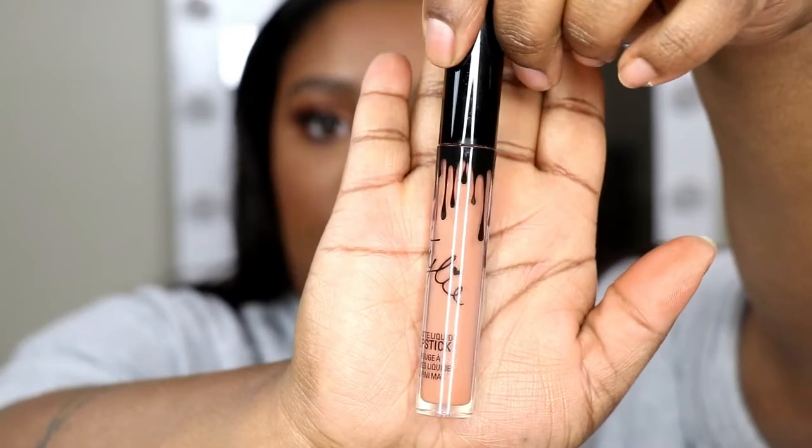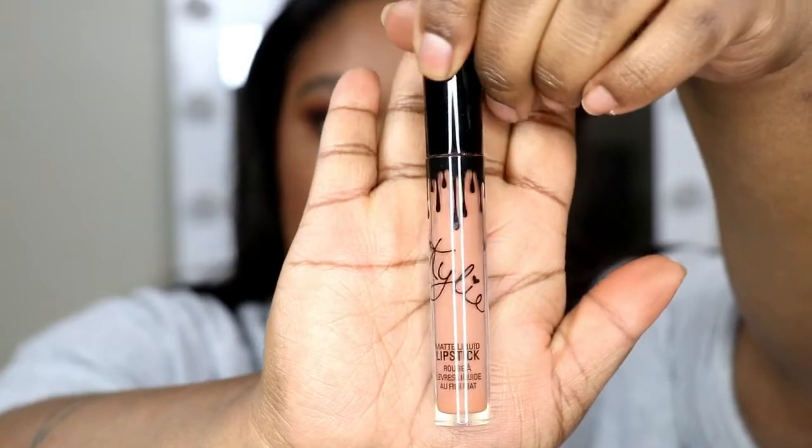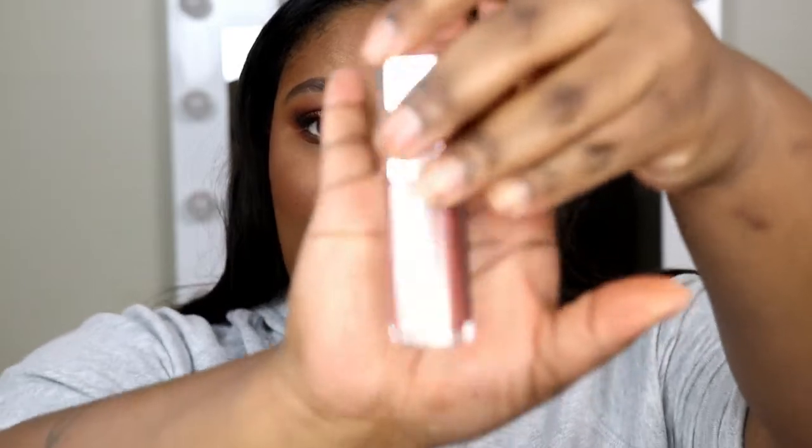For lipstick, we're going in with the Kylie Liquid Lipstick, and this is in the color Exposed. It's the perfect nude for me. So I really blend it together. And then I sometimes take a tissue and wipe off the excess, so it's just very, very light on the brush. So I'm going in with the trusty